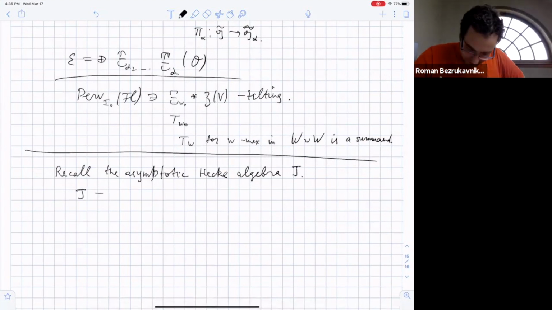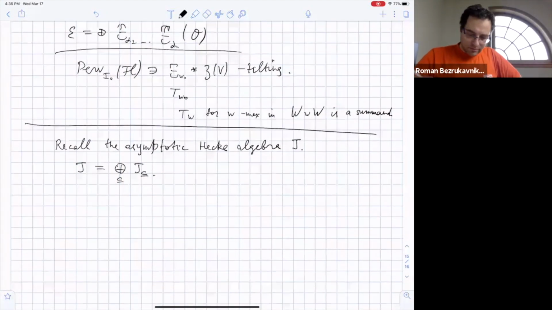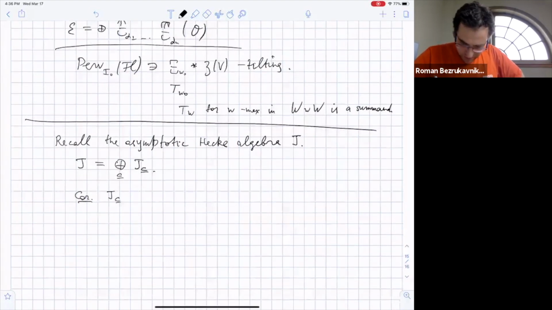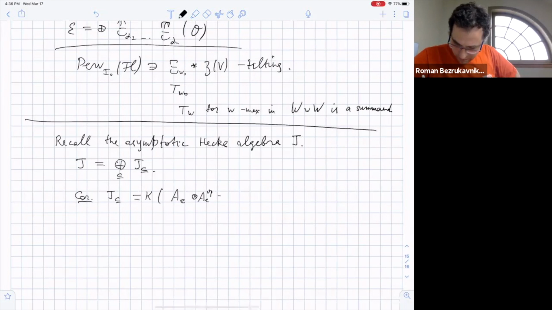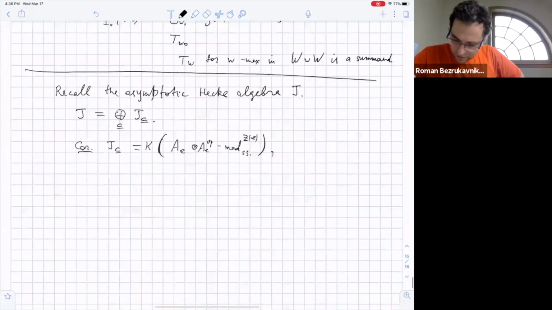And so J is by construction a sum over two-sided cells of J_C. And now I'll say how this J_C is related to our story. The corollary is that something like this holds: J_C is, as a based ring, isomorphic to the K group of bimodules which are equivariant with respect to the centralizer of E and semisimple. And of course, you want to sum over all orbits. Ah, no, I mean, you have a C. Okay. Yeah, E, right. So for J_C, E is